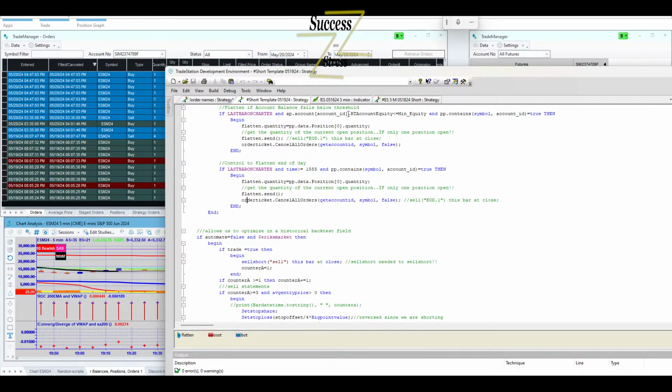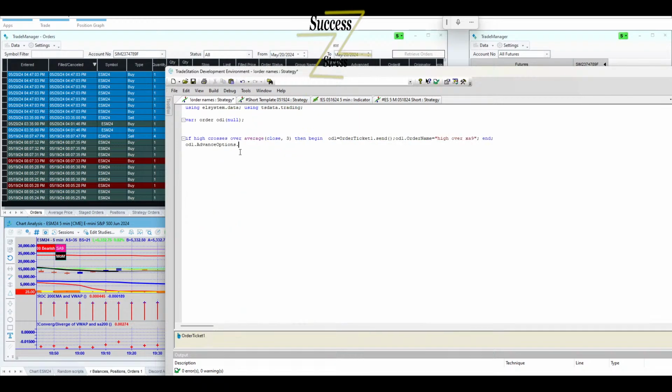You know what? I'm gonna try one thing here. This is just a random order that I'm trying out just to see how things work, because I know that you can send an order, right? So on here we have order ticket.